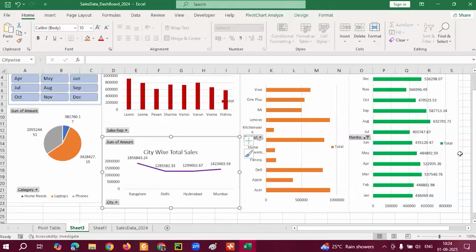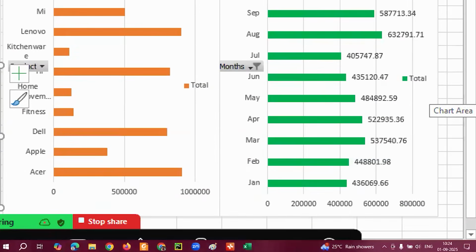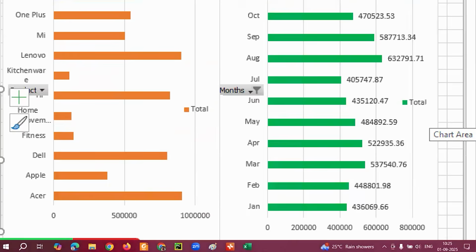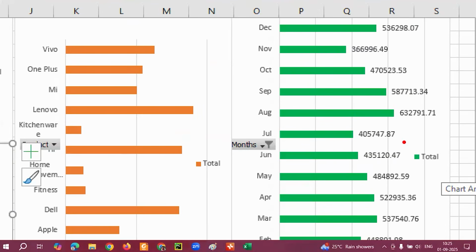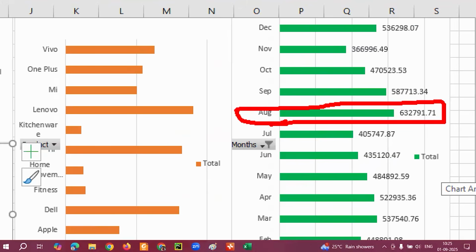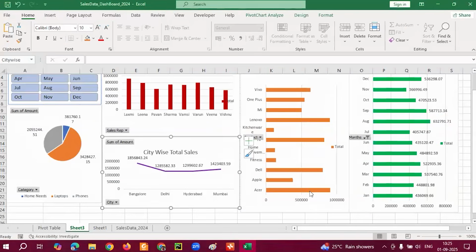And here, month-wise sales are available. Jan month, Feb month, March, August, like this. August month we have very good sales. If you are preparing a report like this, giving information, it is technically called insight in your data. They'll call it finding insight. Who has to do this? A data analyst or business analyst. They have to prepare these types of reports or dashboards.